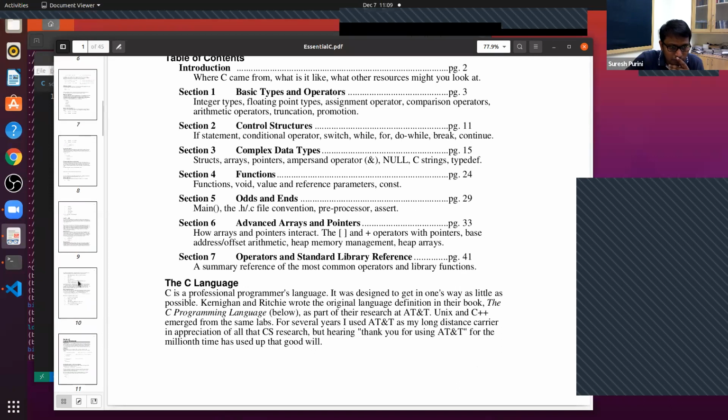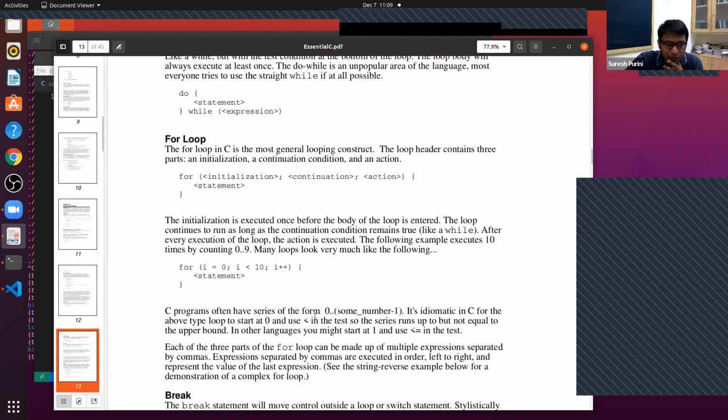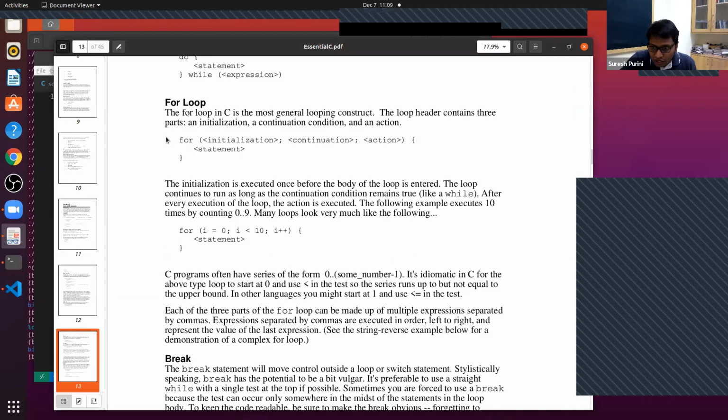Control structure. You see, the structure of the for loop is this. This is the syntax of the for loop: for, and then two parentheses, and there are three parts to it, and the three parts are separated by two semicolons, and then there is a body of the for loop. You can see for i = 0, i < 10, i++. So if you look at this code, let's try to